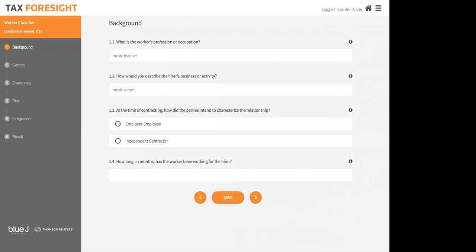At the time of contracting, how did the parties intend to characterize the relationship? Well, the music school and the music teacher are taking the position that this is an independent contractor relationship. So I'm going to say independent contractor here. And as I mentioned, at